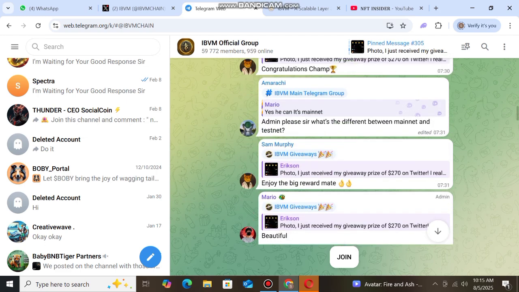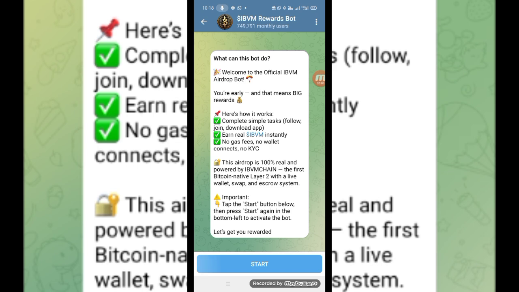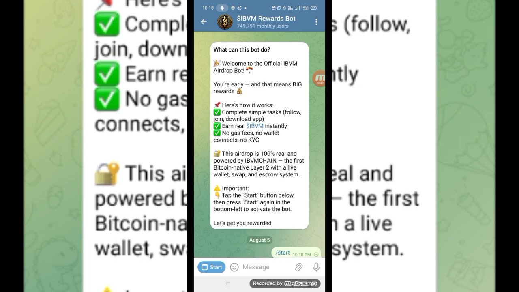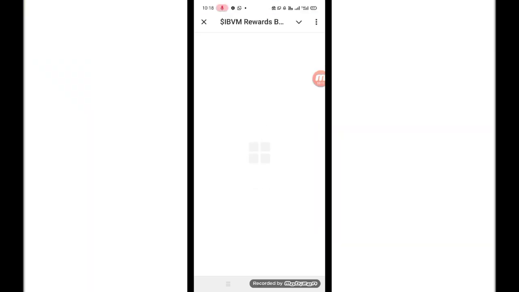You can see this. So guys, we go to this project IBM's reward board. Guys, you can see this IBM rewards board is open. So guys, you can click the start button, then you can click your start board button, then you can see this your IBM reward board is start now. So guys, you can check here the IBM reward board is loading.